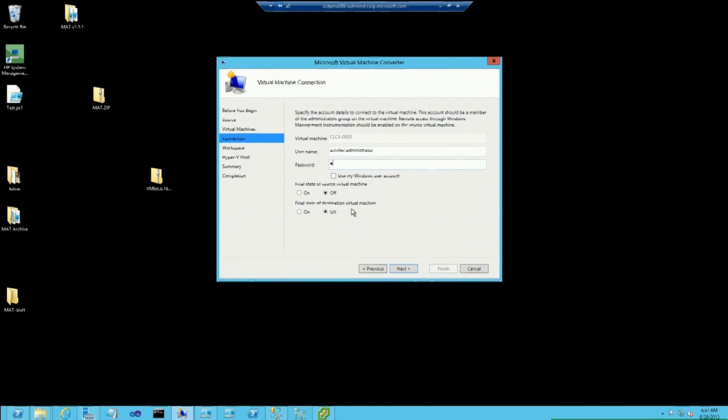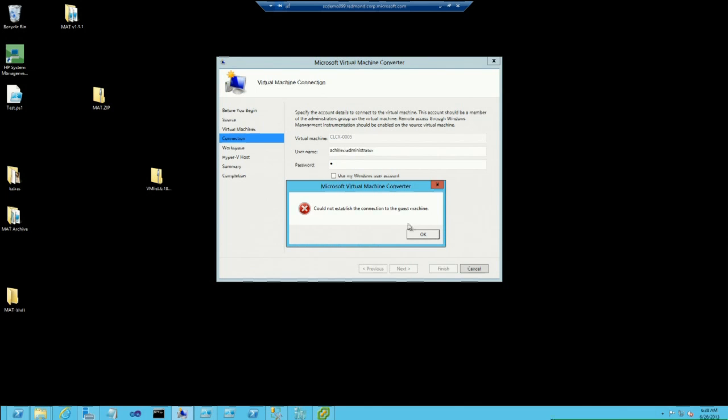And then, of course, here you get to choose whether or not you want the source machine to be on at the end of this process or off, and then the destination. You can set them both to on if you so choose. That's probably not a good configuration, but it's completely at your disposal because, again, these are all basically options on the command line. So I'm going to stop short of actually